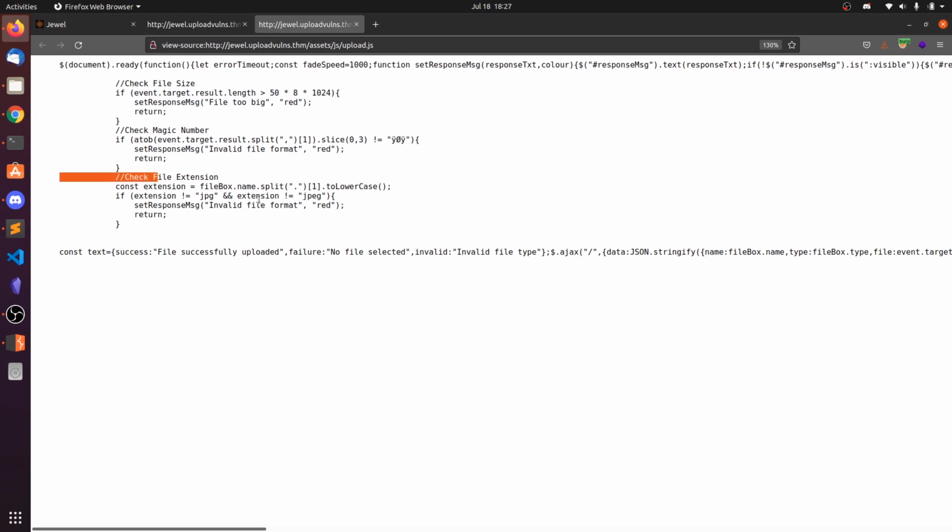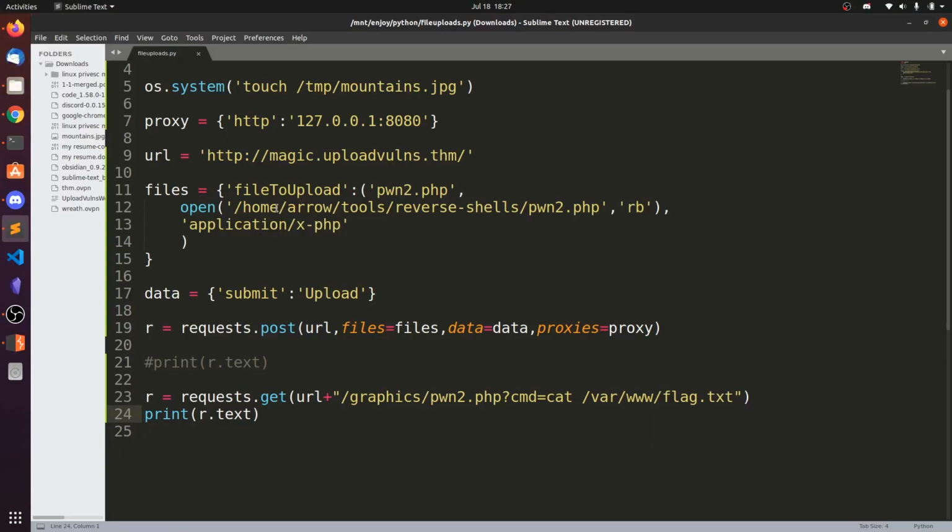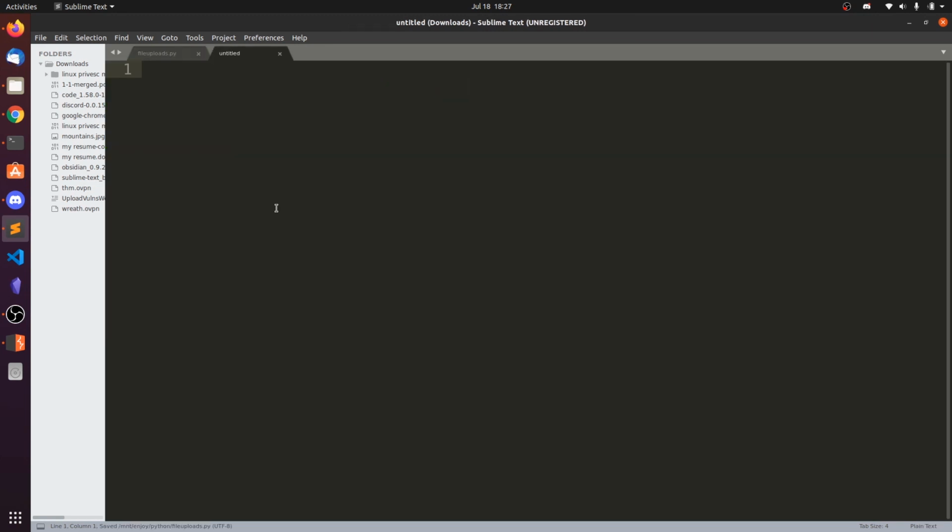And the file extension is obtained by splitting the name using the dot. So the name you send, like pond.php, will be split, selecting the second element. If your file name is sample.jpg, it will split according to this dot, and the first element will be sample, the second element will be JPG.